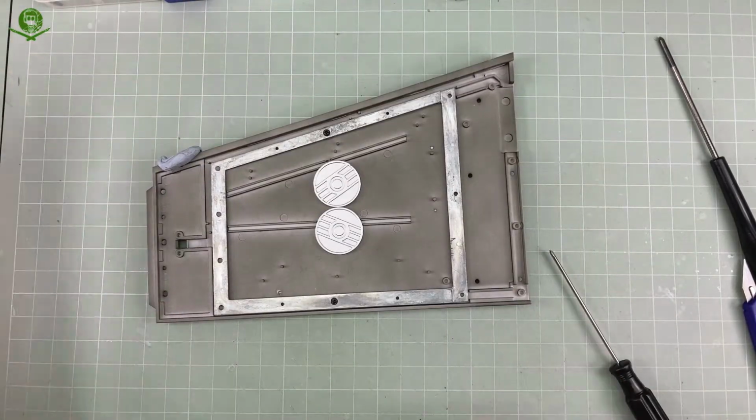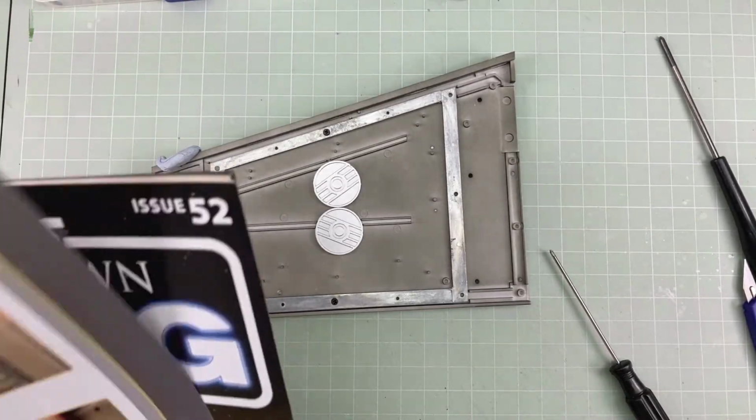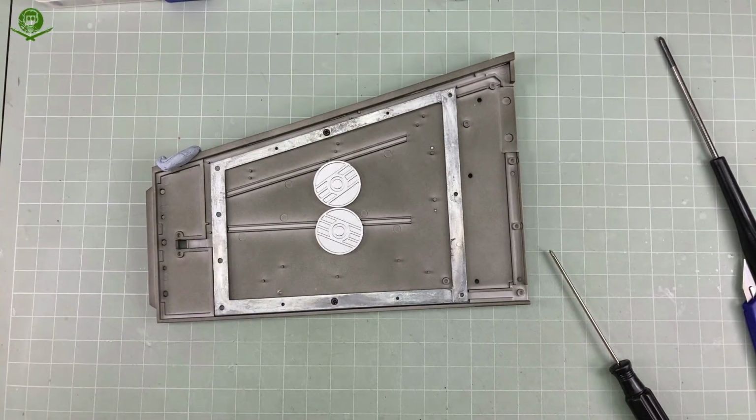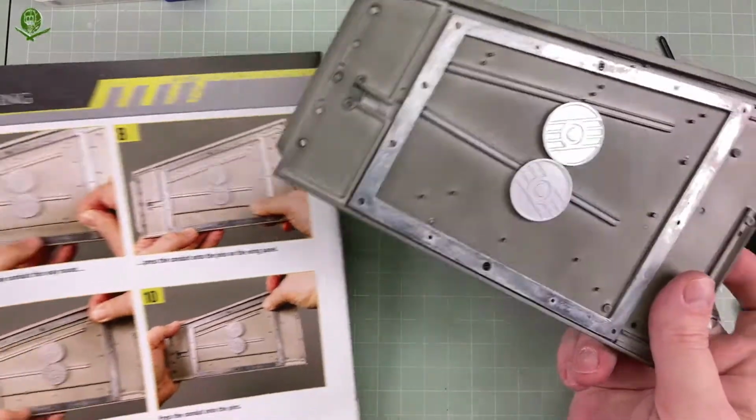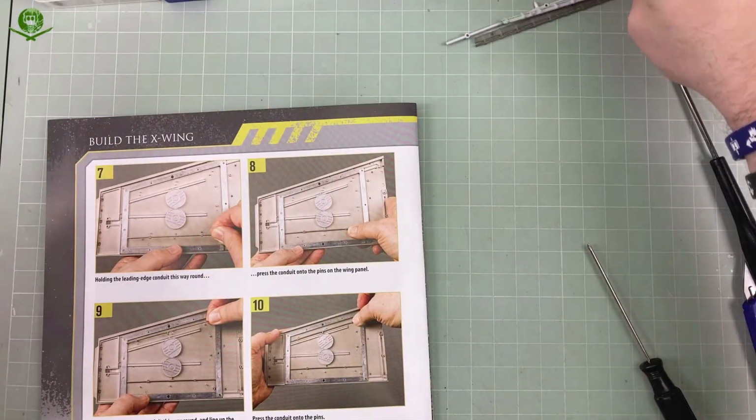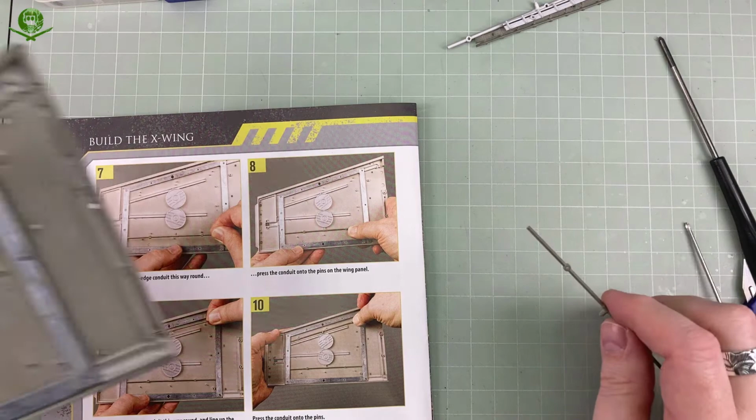So that's that bit. Yes, there's no way for me to film screwing things in without showing you the back of my hand in a non-violent way. Holding the leading edge conduit this way around. Press the conduit into the wing panel. Okay, so that goes...